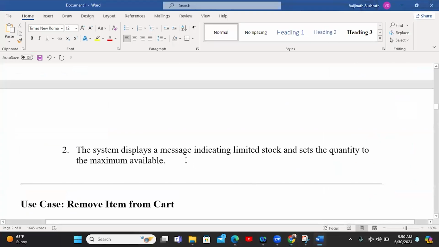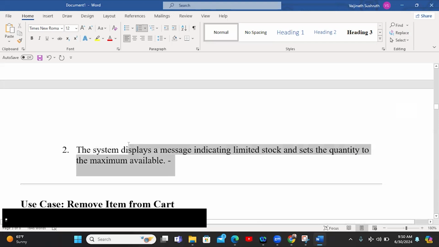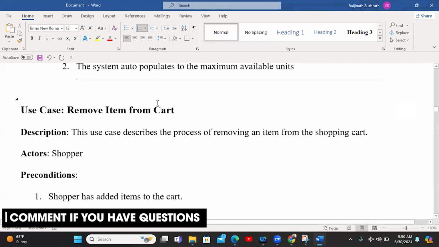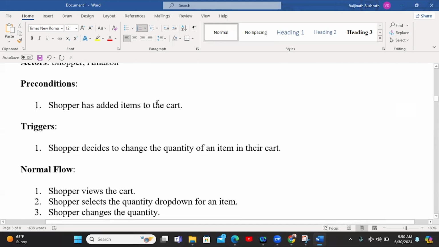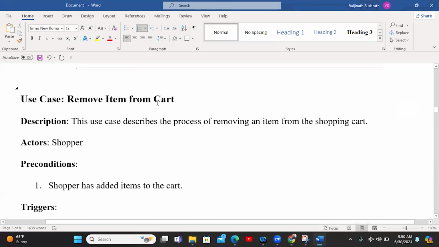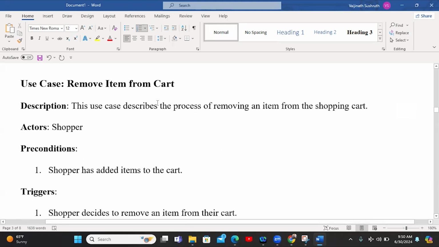So you can just put: the system auto-populates to the maximum available units, right? Okay, so this is the second use case, right? So we will go through one more use case and then we can do use case remove item from the